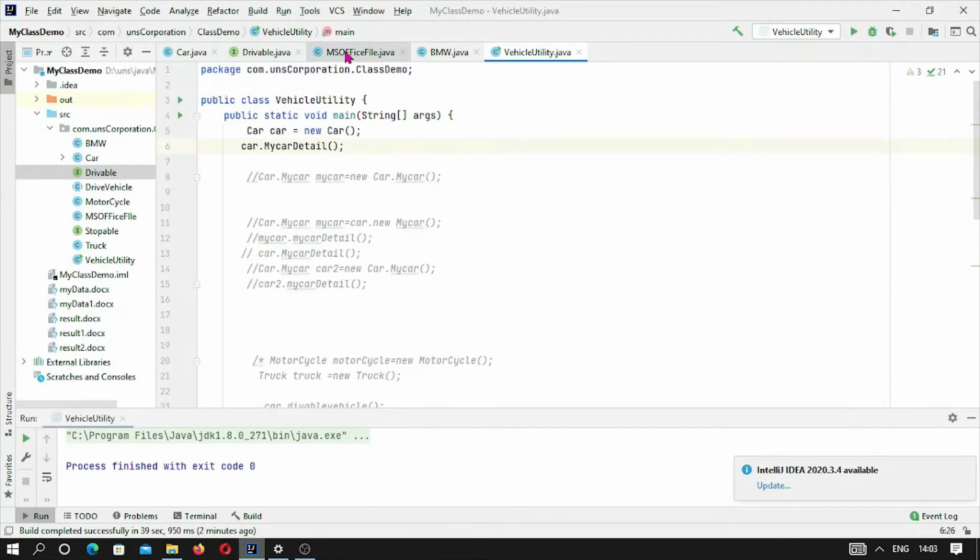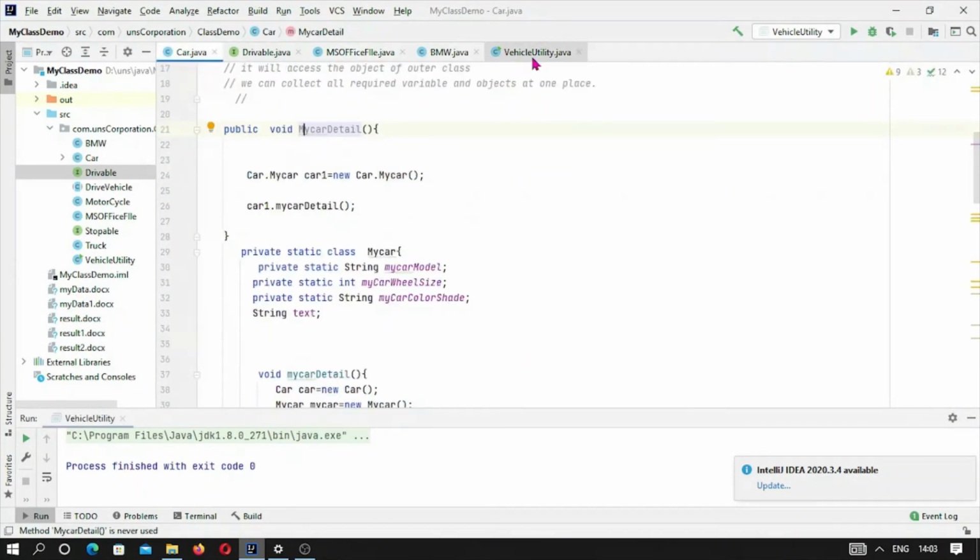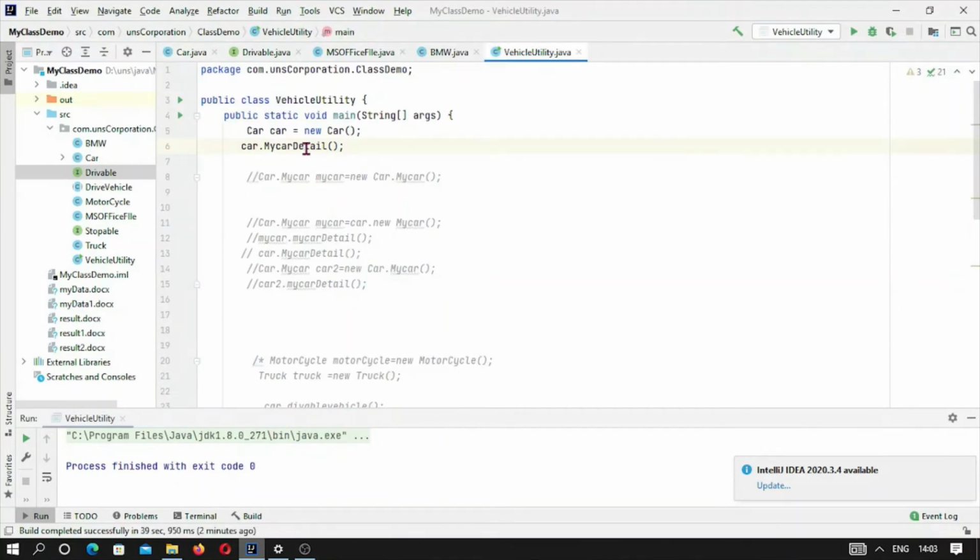Also the inner class is calling the other class, this MS Office file, from where we are trying to create the result in a doc format by the use of Apache POI. So now from the main method we are doing all the things, and let me run it, and we try to make the result in result3.docs, and in both the results we will see.